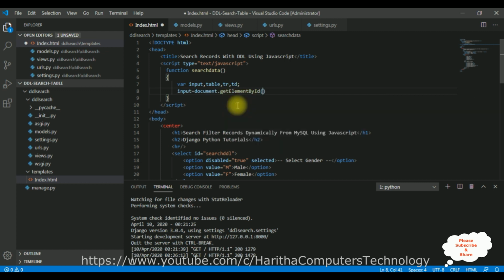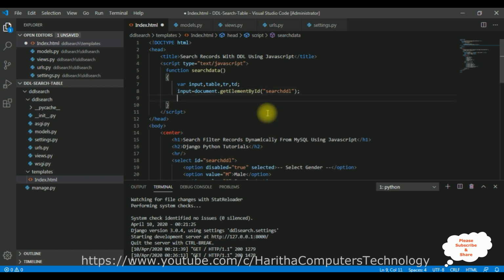The id of this element is such ddl. Copy this one. Let's add between these double quotes such ddl semicolon. After that, once we select the options from the drop down list, we need to filter the records in a table. So for that, we need to add one more property called filter to filter the data. So filter here,